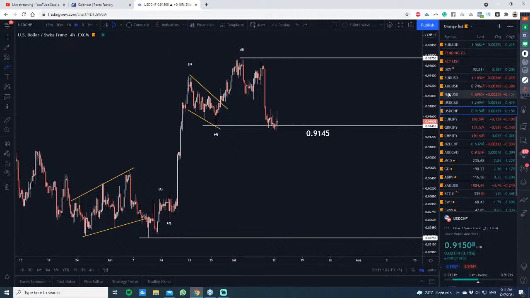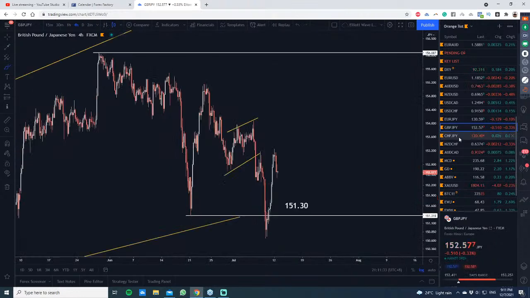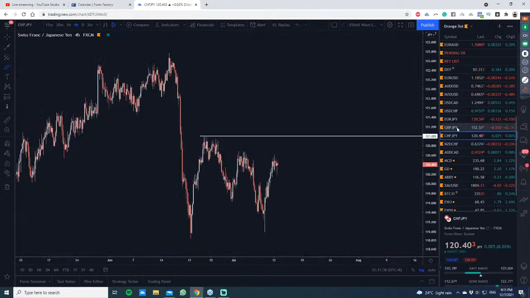So those are some of the major pairs, right? Most of them are, I would say, intraday opportunities. Dollar franc has a potential swing trade, but we need to give it a couple more days, right? Maybe until Wednesday, then we get a better picture on that. Other than that, most of these yen pairs, right? I would say just don't touch it. In fact, all the yen pairs, you probably would not want to touch it,